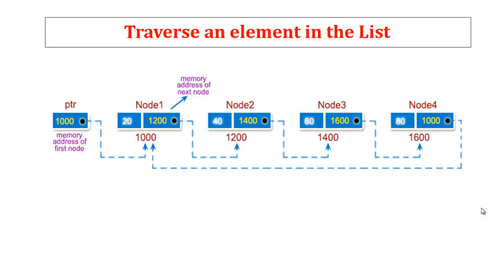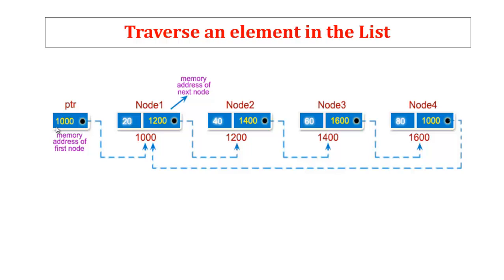Here we are going to see an example. Consider four nodes present in the circular singly linked list. Each node has two fields, one is the data field and the other is the address field. The data field holds the information, it may be a string, a character, anything else. The next field points to the next node address, which is 1200, and then node 2 points to the next node address, that is the adjacent address. Then the last node points to the first node address, which is 1000. The head pointer points to the starting node address. What is the starting node address? 1000.